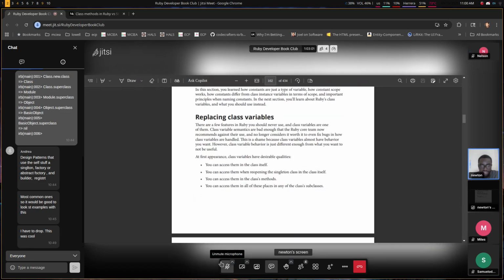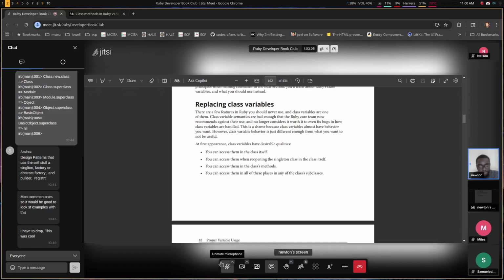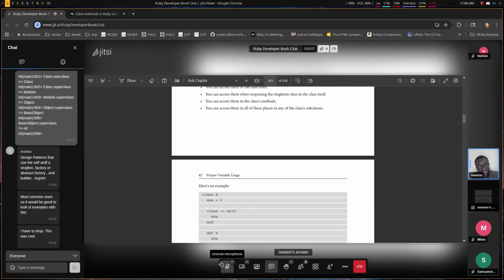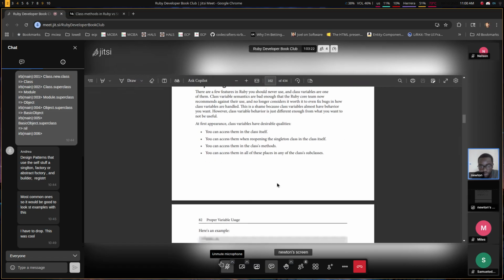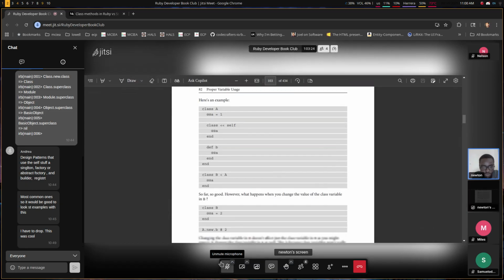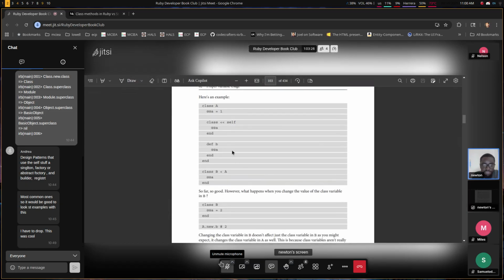So, replacing class variables. He starts out the chapter by telling you why it's not a good idea to use class variables, and after that he looks at the ways in which you can replace class variables with either constants or class instance variables, and so on and so forth. So when it comes to class variables,